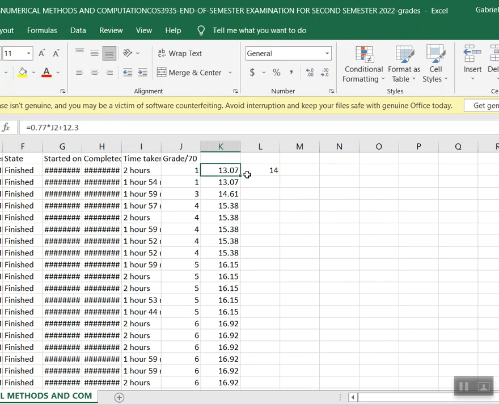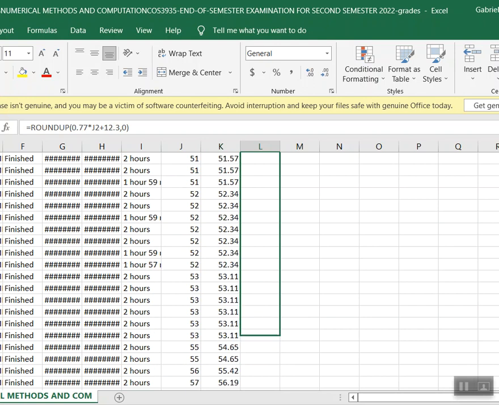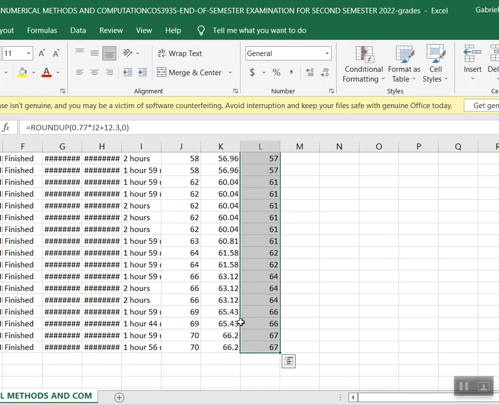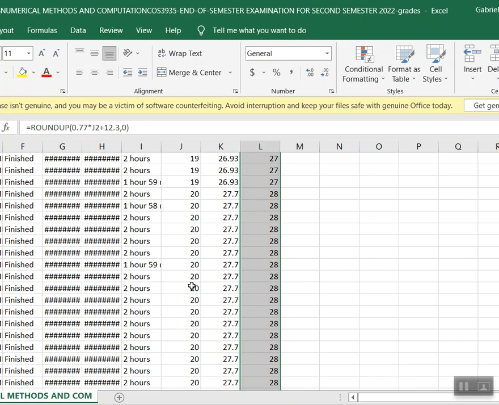So 13 moves to 14. Then let me drag. You see, let me get to the end and we appreciate that. Excellent. So 62 moves to 66, 66 moves to 67,